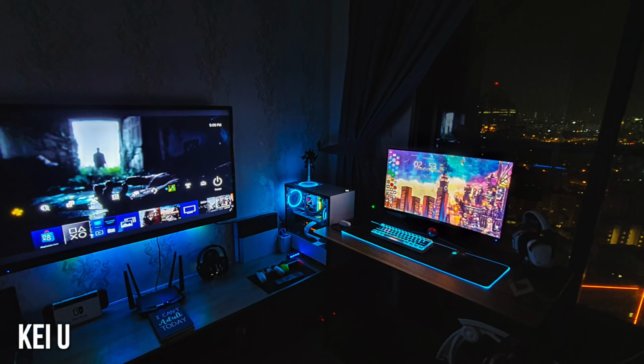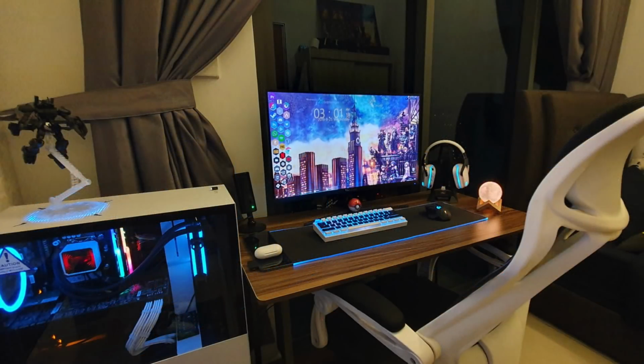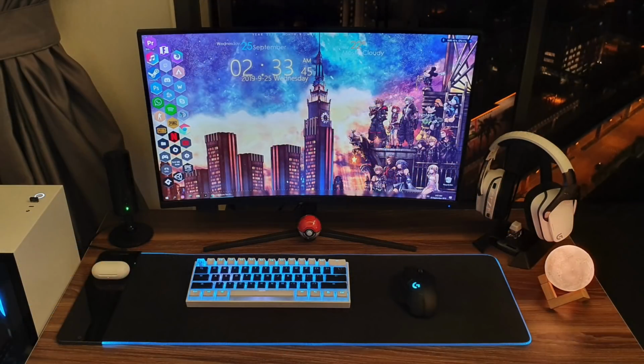First up, we have Kei U with the setup with a view, starting off the episode strong with a hell of a good rhyme. Regardless, that massive, huge window set up right in front of it just has to be really cool to overlook all that. So checking it out, he's going with the single display on the relatively smaller desk here to save space. It's a 27-inch from ViewSonic, and I'm digging the custom wallpaper configuration, most likely with Rainmeter and stuff like